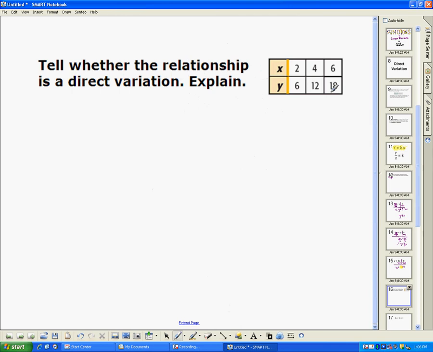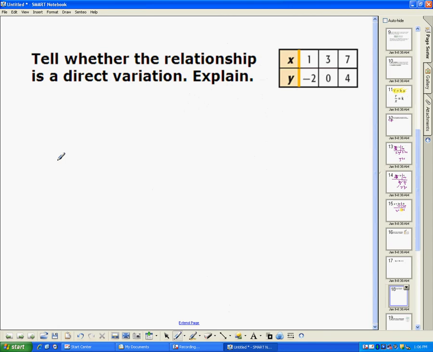And what that means is every x needs to be multiplied by the same thing to get the y. So this right here, each time... this example here is not an example of direct variation because there's not a constant. If you want to figure out what the constant is for each one, remember we said y divided by,